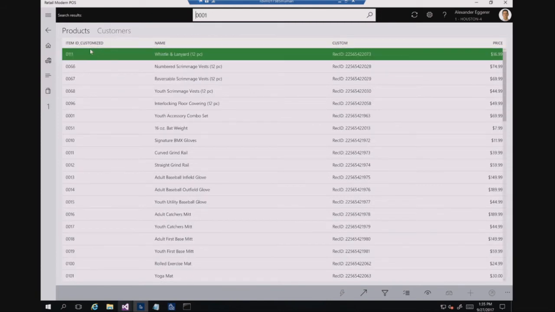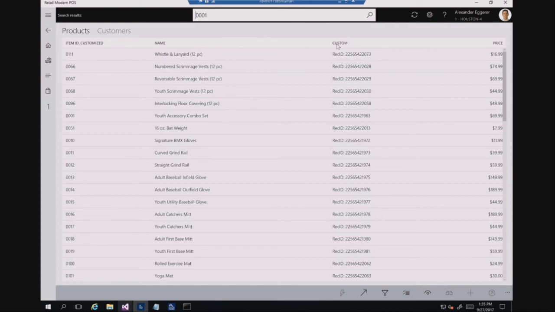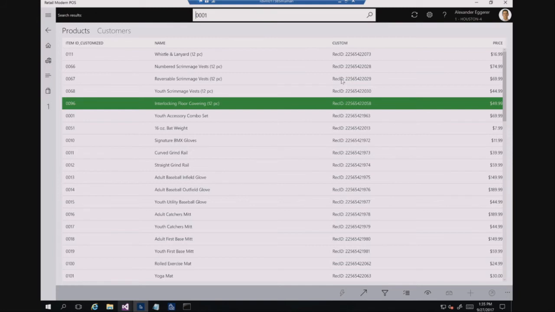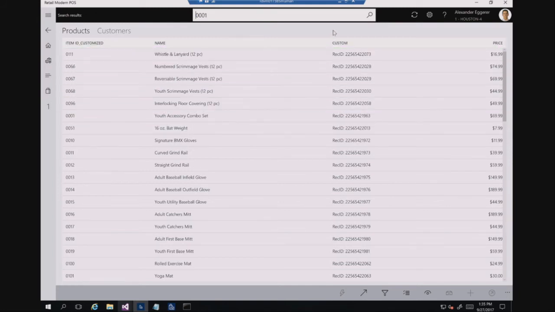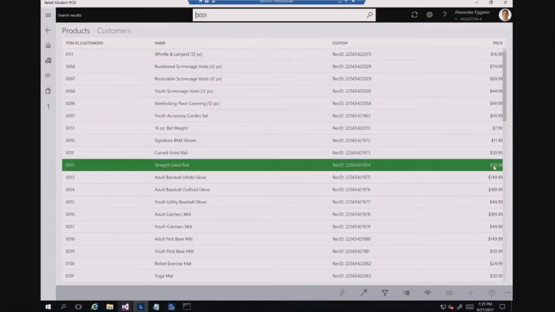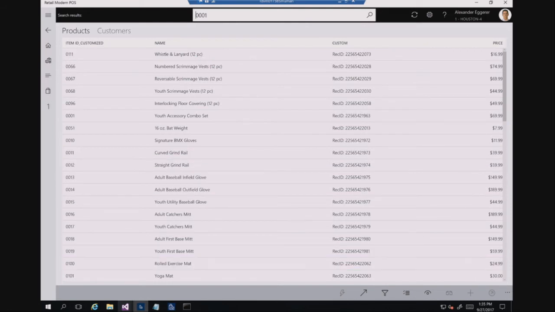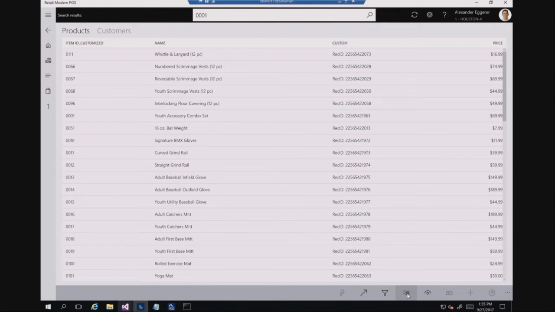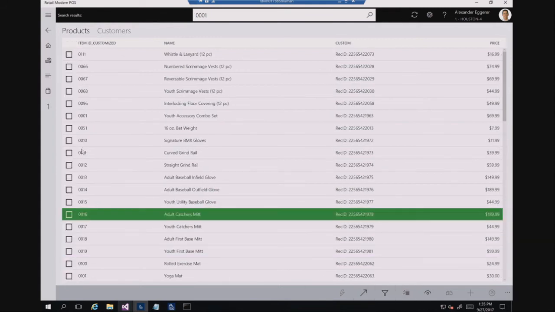You can see I added a custom column here. Here also I added a custom column to show the rec ID. So all these screens are coming from code. In the manifest you specify, hey, I'm going to add a custom column here in the product search screen. This is the custom column. Okay, and one important thing we did with this, in the samples, to help the developer, right? Let me select one of the products.